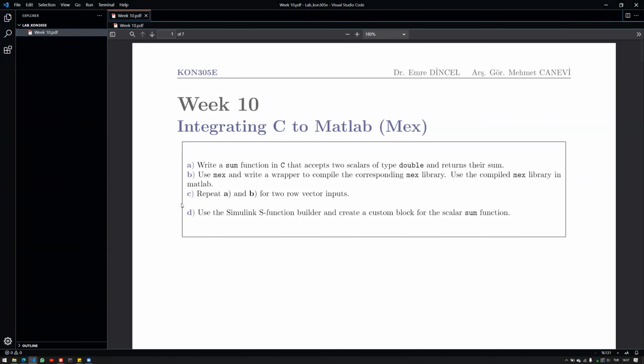Hello, everybody. Today's lecture will be about C and Matlab, the connection between C and Matlab. Now, thus far we have used Matlab in its own environment. We've used Simulink, and